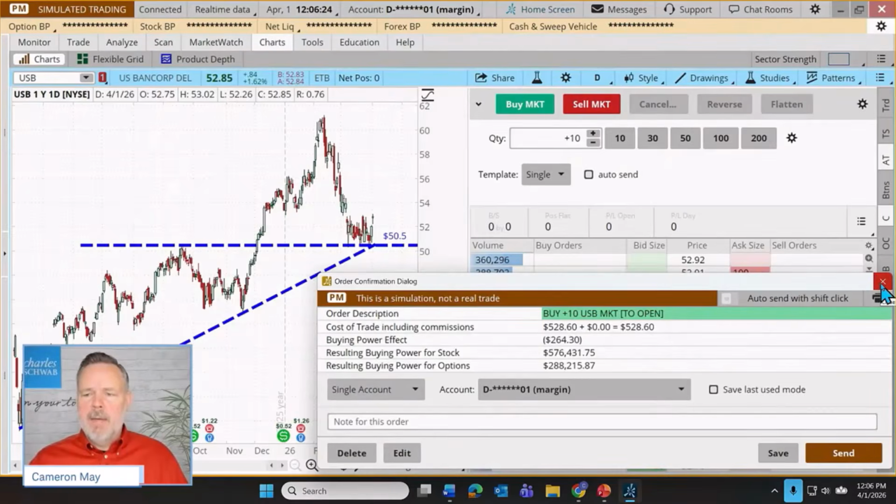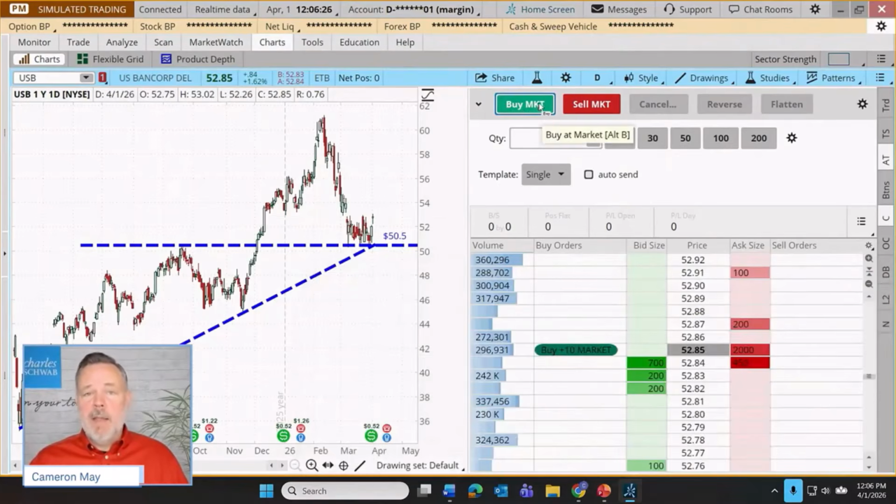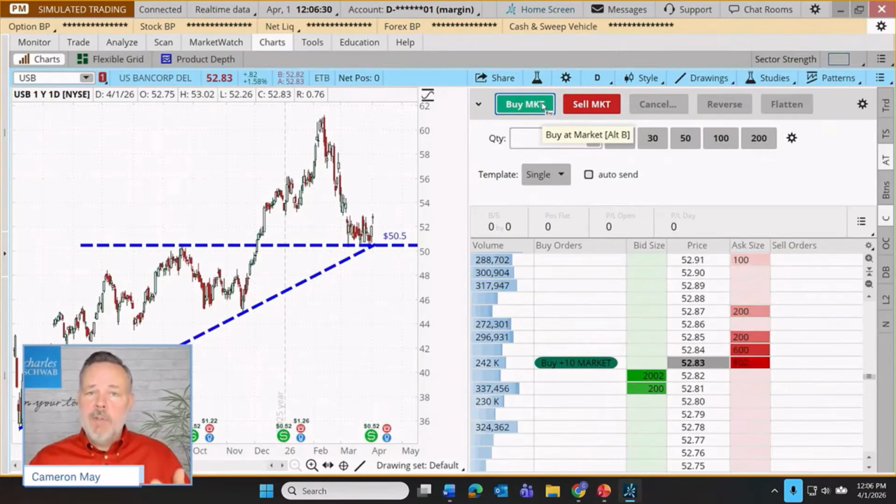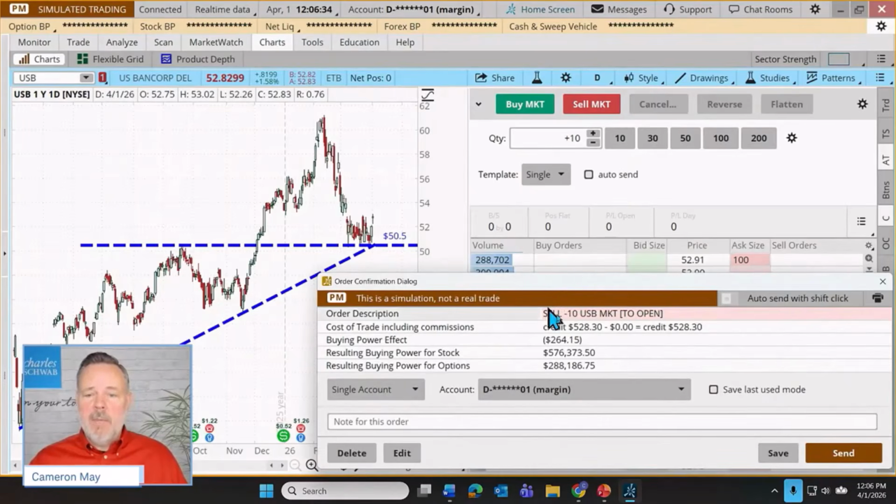Instead, we can just recognize how quickly this can place that market order. Now we can also do that to place a market sell order. As I click on sell here, it creates a sell order. If we already owned 10 shares, this would be a quick trade management technique to sell 10 shares at the